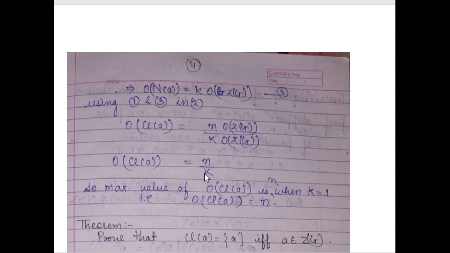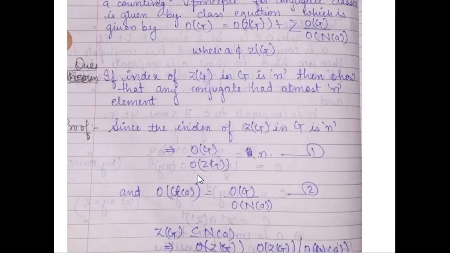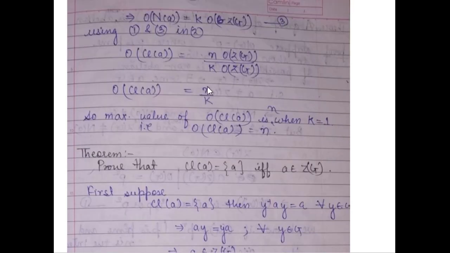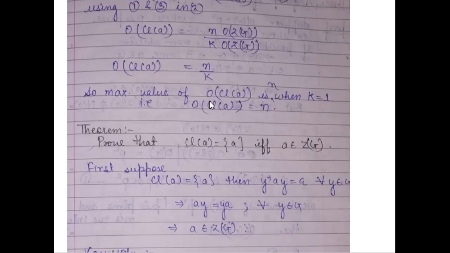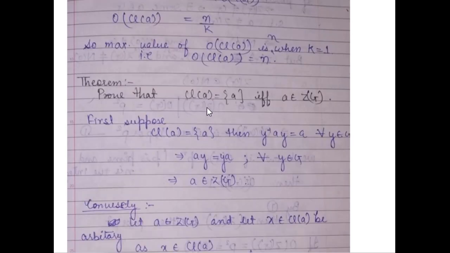So that means, if the index of Z(G) in G is n, the class of A can have at most n elements, either n elements or fewer than n elements. That will depend upon the value of K. If K is 1, then the maximum value comes out to be n. If K is greater than 1, it will be less than n. So that's the theorem. Now we are going to discuss one more very important theorem, which says that